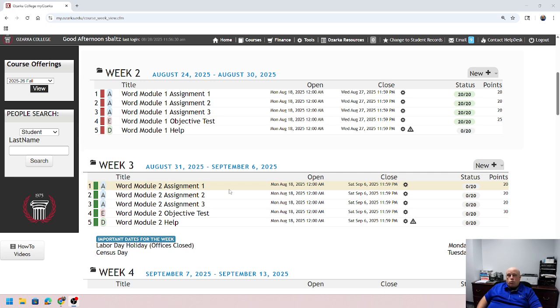Module 2 activities will take some time to complete. There's quite a bit of typing, quite a bit of formatting, and basically in Module 2, we're going to be learning how to properly format an MLA-style research paper. So you'll learn how to do all the standard formatting for that type of research paper, and then you'll also learn how to insert your citations and use the bibliography tools to insert your source information and so forth. Just start on those as soon as you can and let me know if you have questions as you're working through those.